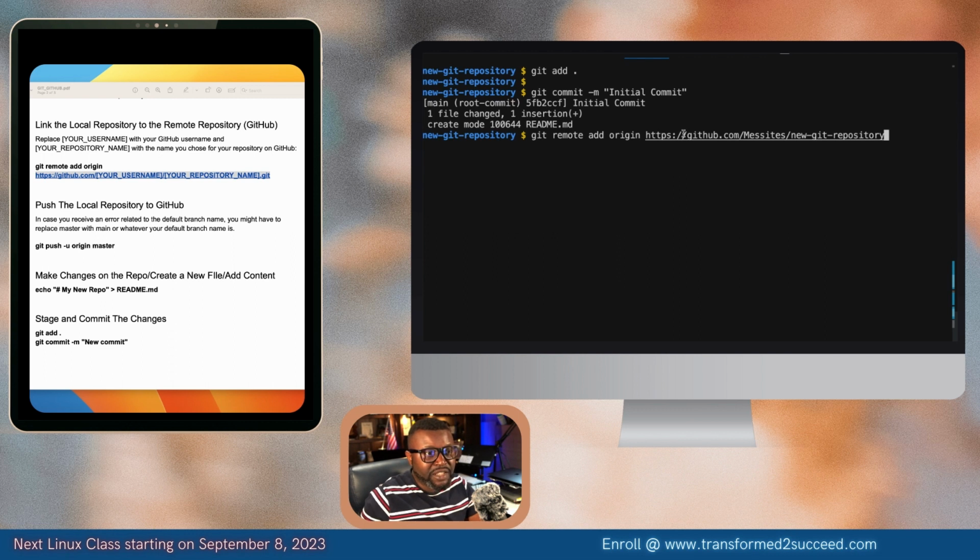So what we have, this is the website, github.com, and then this is my username, and then here the name of the repository, and that's what you do. So you're gonna press enter, and now we have pressed enter, and you can use this